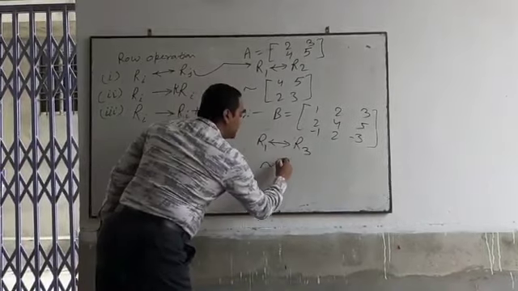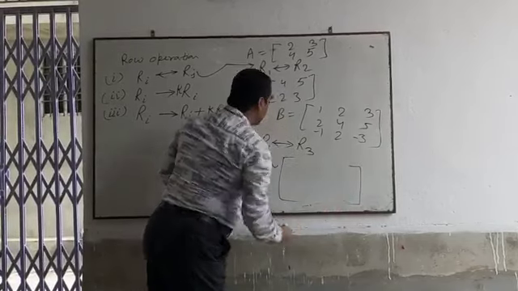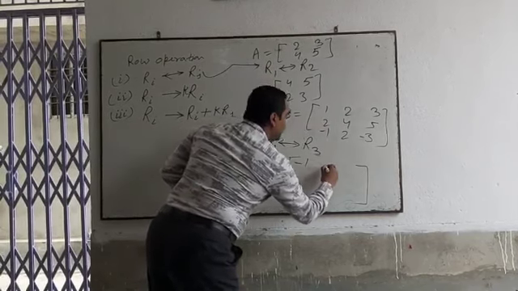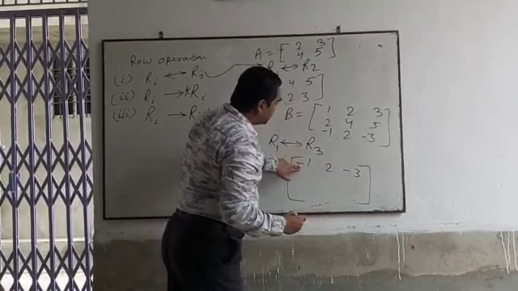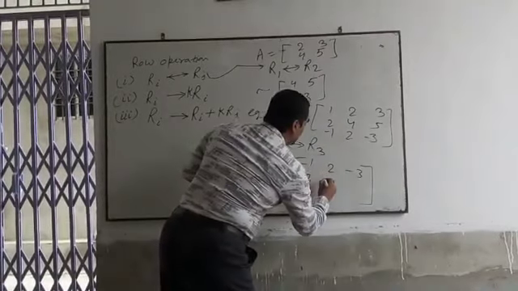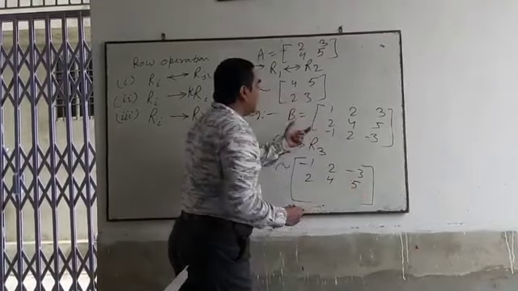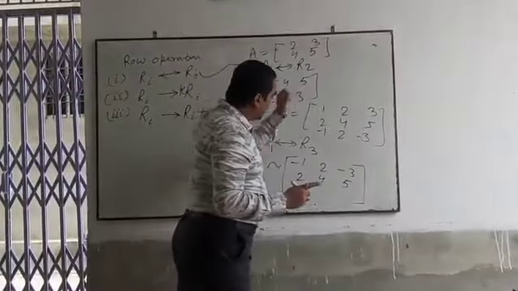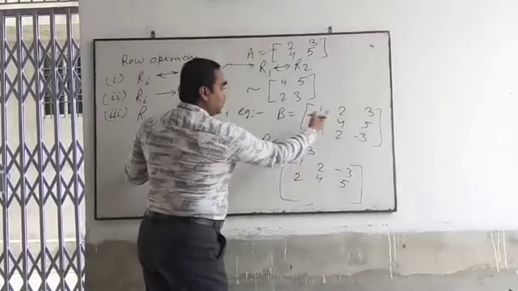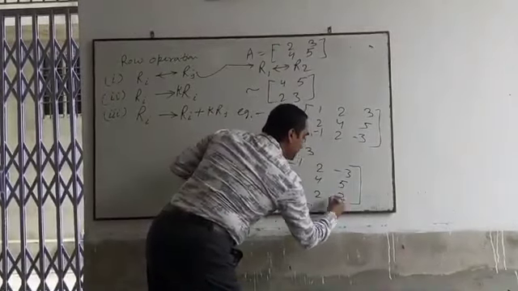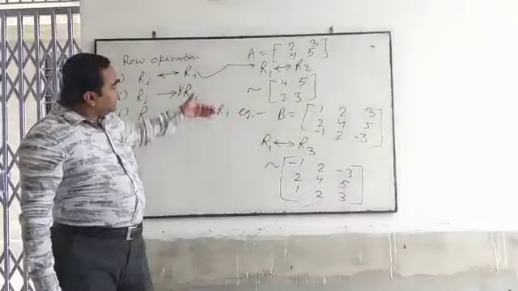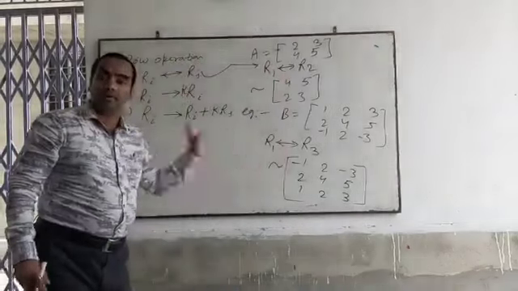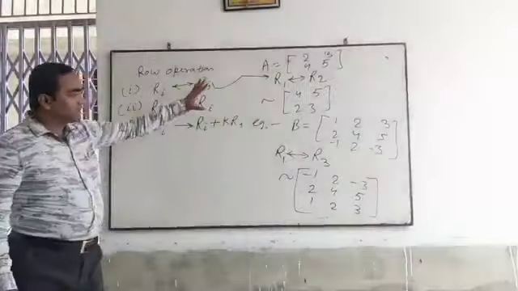Then the equivalent matrix so formed is simply R1 interchanged with R3, meaning minus 1, 2, minus 3, R3 comes here. Then after that 2, 4, 5, R2 remains the same, no change occurs here. Then what will be the third row? 1, 2, 3 will be its third row. It is the meaning of interchanging the rows in terms of a square matrix. Okay, now is it clear?